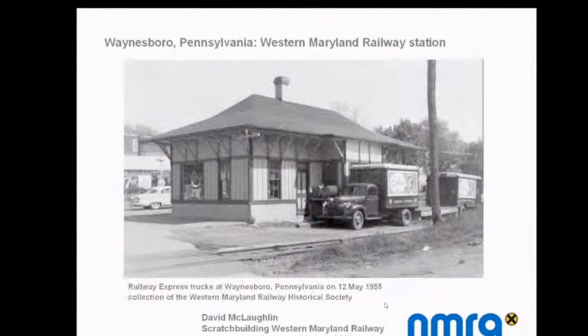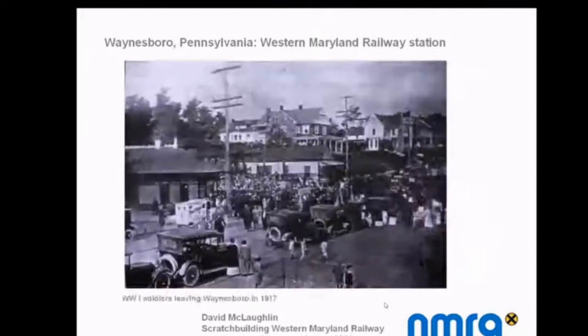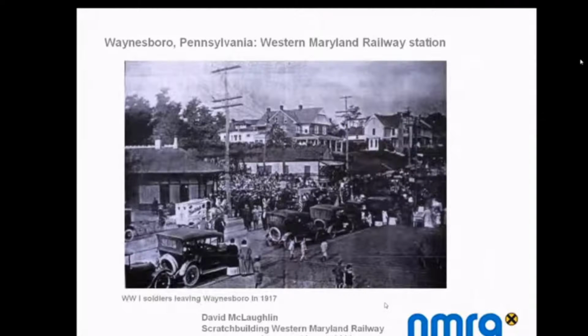It took me about 8 years to find the remaining series of photos, some dating back to the early 1900s. These enabled me to understand what the depot had originally looked like and how it had changed over the years. In addition, I found out that the gas station had earlier been the depot of the Cumberland Valley Railroad, later the Pennsylvania Railroad. Here's a fabulous image of World War I soldiers leaving Waynesboro in 1917,